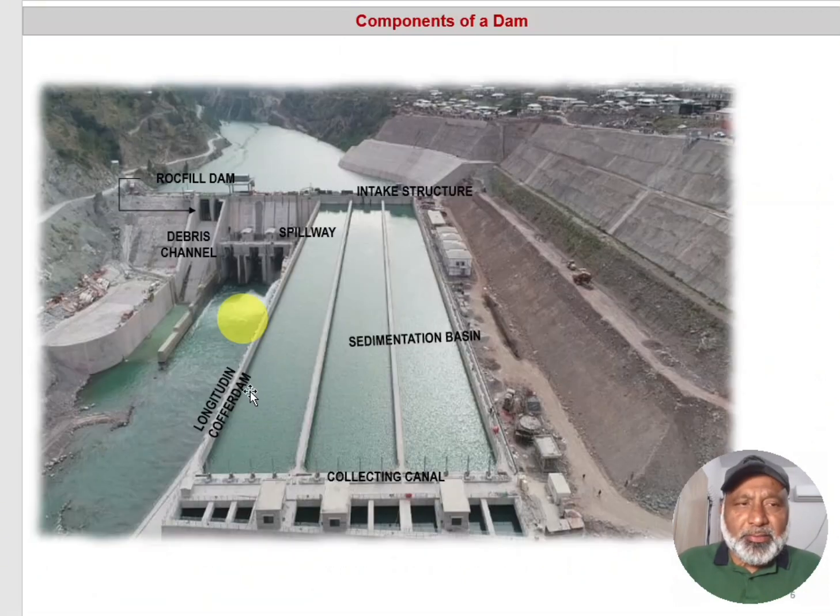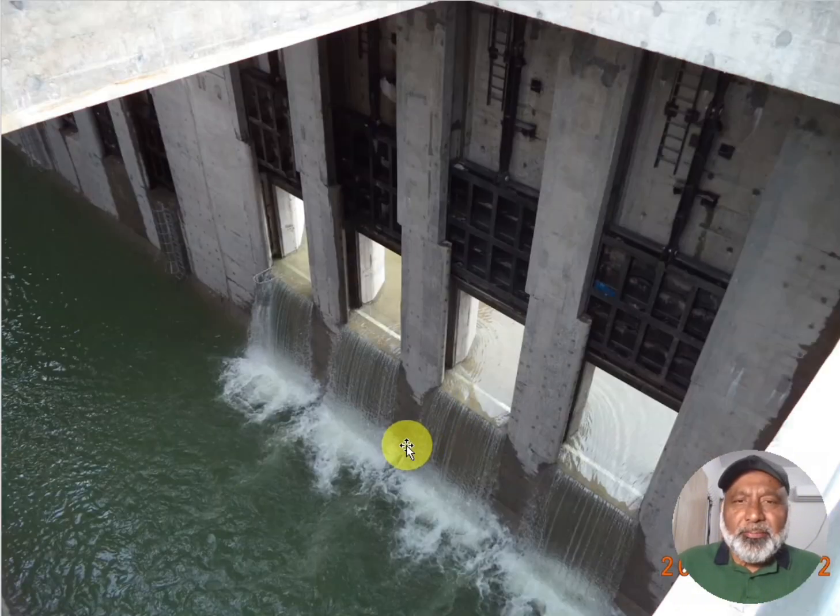In this picture you see, this is the looking upstream picture, intake structure, and water is crossing through this sedimentation basin and it is collected into the collecting canal. I will show you another picture. What is the collecting canal? You see in this picture, this is the water coming through the sedimentation basin openings into the collecting canal, and this collecting canal is connected with the